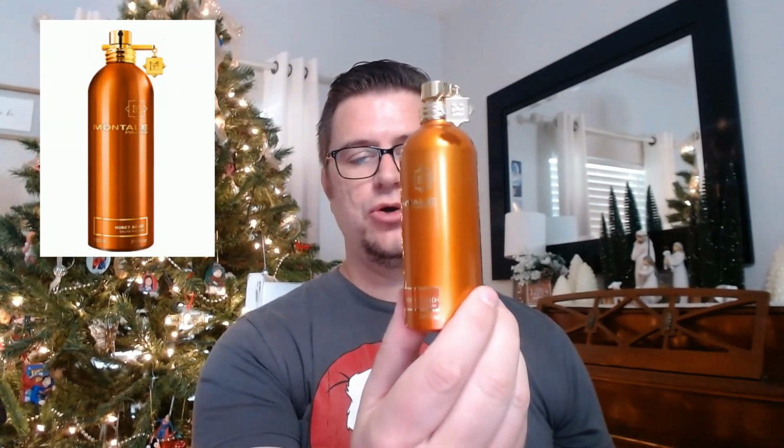Fragrance number 6, and we are still in the niche world, man. Affordable and even cheaper than that $89 or $90 fragrance technically, but whatever, who's counting? This one is $86 and some change right now on jomashop.com. This is one of my more recent niche purchases. From the house of Montal, we have Honey Oud, and I blind bought this one because I saw it in the store. I saw that it was a really good price, and I thought to myself, man, I would really like something from Montal. So I just bought it, and I cannot tell you how amazing of a purchase that